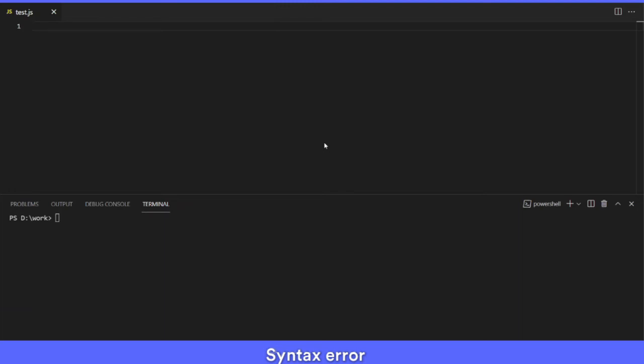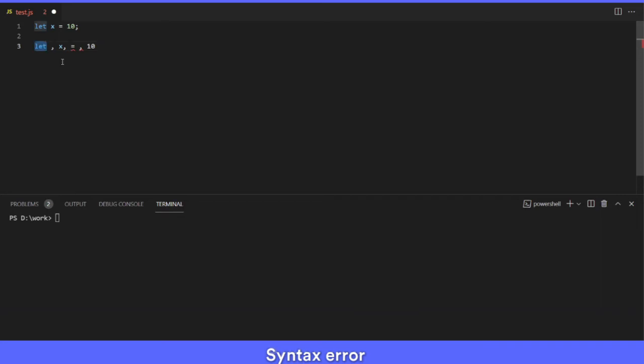So let's say I have this piece of code here, let x equals 10. What it will do is try to break this line into multiple tokens. So it will have let as a token, x as a token, equals as a token, 10 as a token. So it knows that this is used for declaration, this is the identifier, this is used for assignment, this is the actual value. So it basically tries to make it more readable for the machine, for the JavaScript engine.